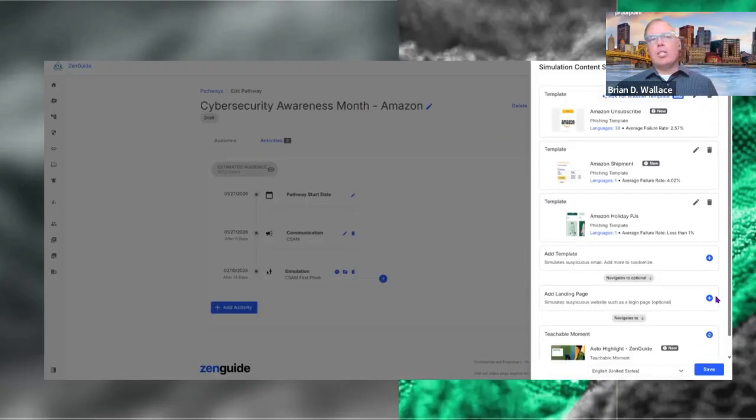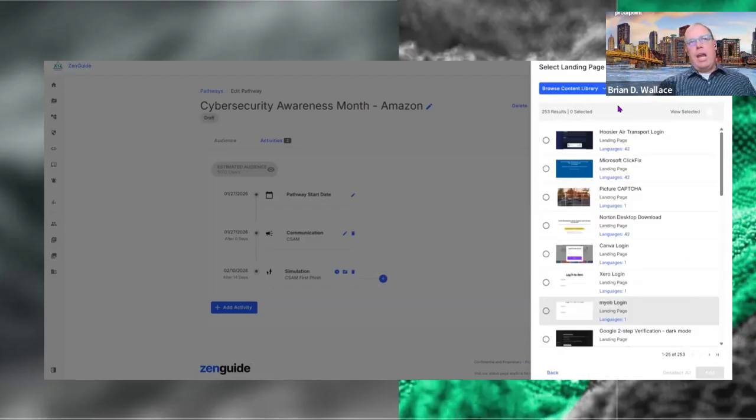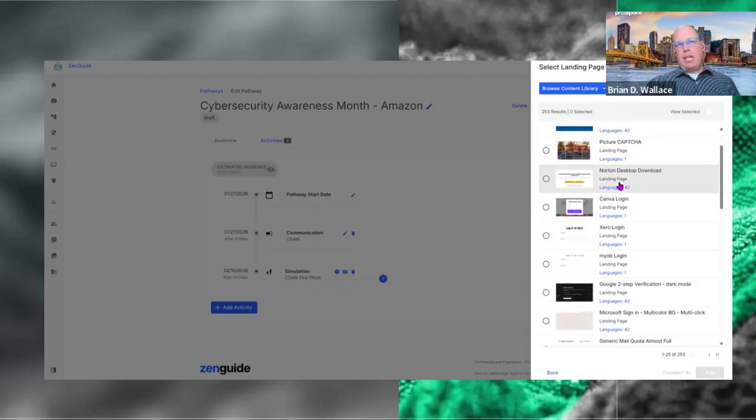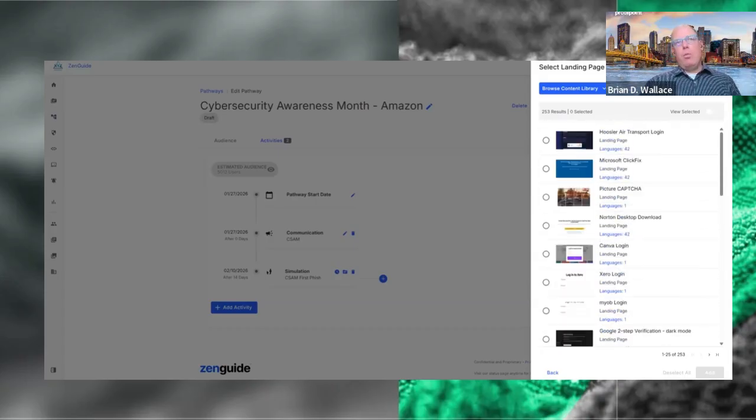If we go back and re-explore that, we can see that we have our landing page here that ties into the data entry. So what we're doing differently here than in the other content library we looked at is we're looking at every single one of our URL templates and allowing you to choose any one that you want, but add a landing page to it. So we're going to go ahead and click on a landing page. And we can see that we have a variety of different landing pages that we can search through. We can also do a search again, right, for keywords.